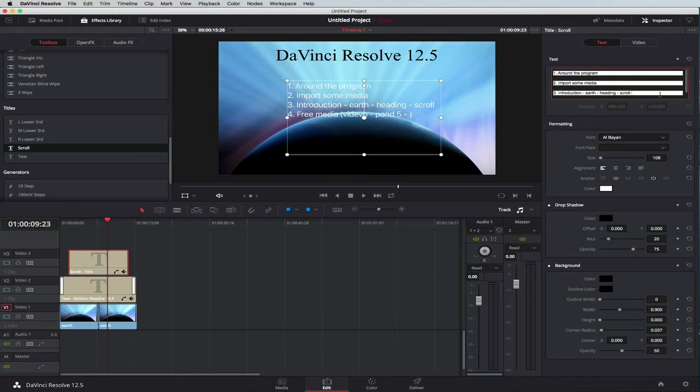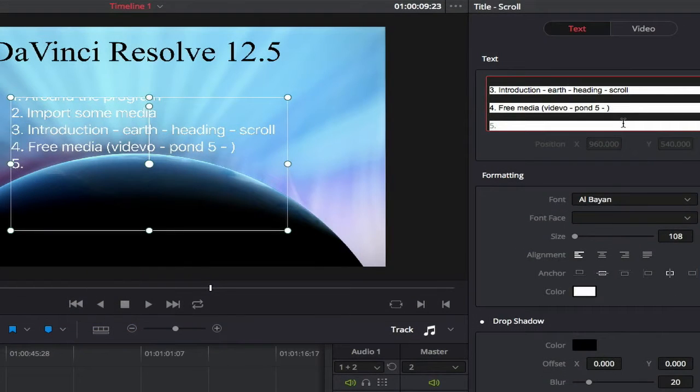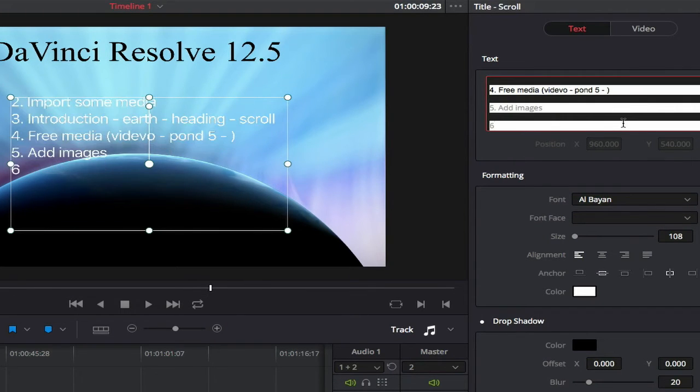And of course we can just add more to that. So we'll go up here, go to the end, 5. Add some images, 6. We'll